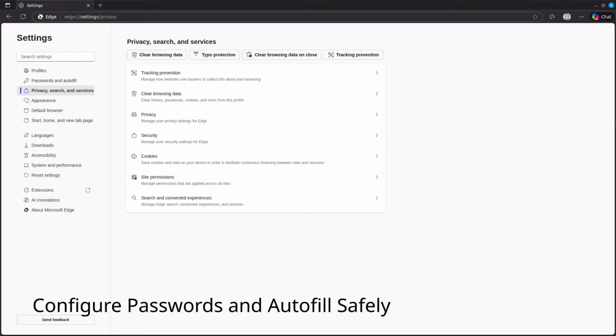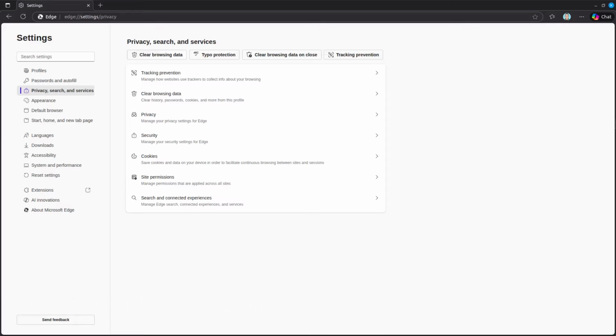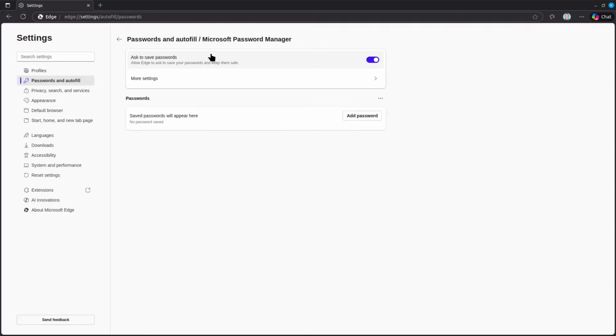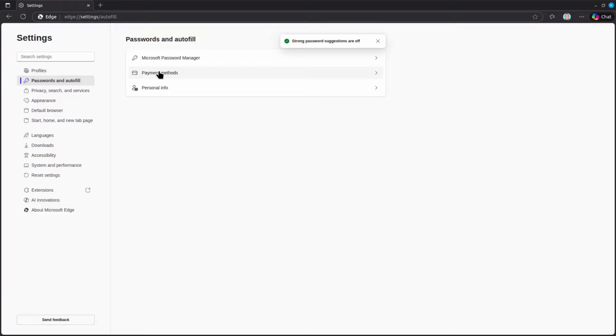Now let's look at passwords and autofill, especially important if you use a dedicated password manager. In the left-hand sidebar, you want to select Passwords and Autofill and Microsoft Password Manager. Turn off Ask to Save Passwords if you prefer to use a separate password manager instead of storing them in Edge. And then if we go back one step and select Payment Methods,